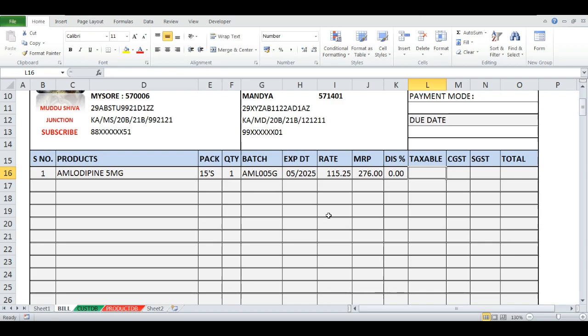Now we can put the taxable formula. Is equal to rate into quantity is a taxable. If we select here immediate payment, so in the taxable value 3% discount should be reduced. So for that we should edit the formula here. So here we can put the